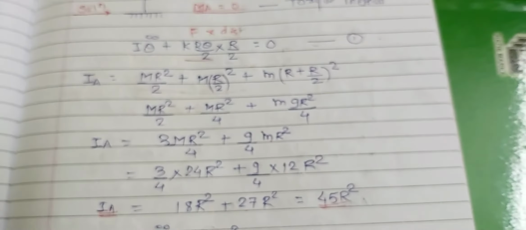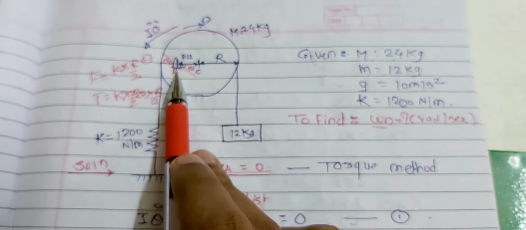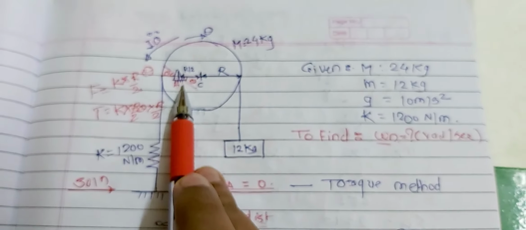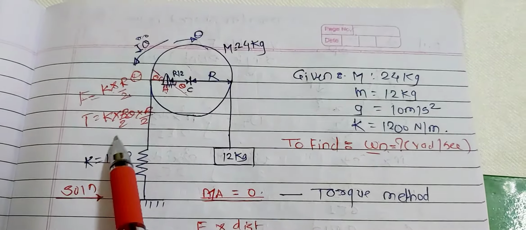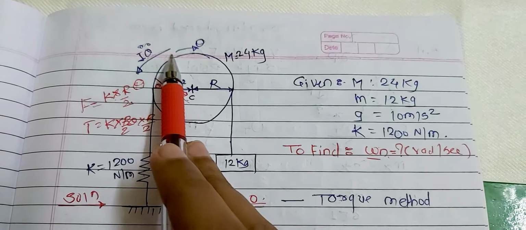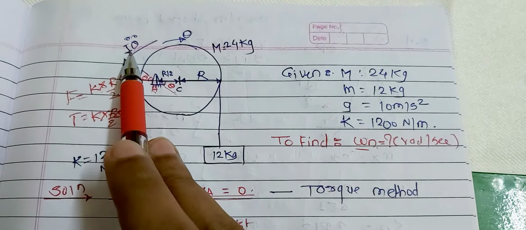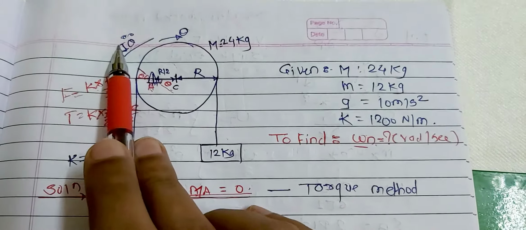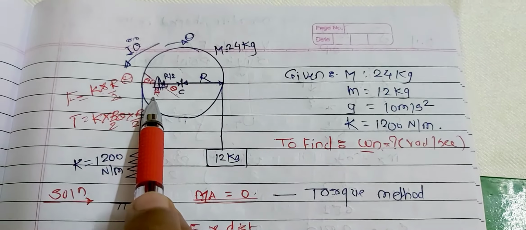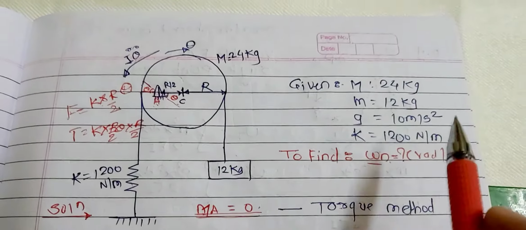What is important in this type of problem is that you have to pick one point, the hinge point. About that point you have to consider that all moments are equal to 0, and find out the forces acting over here, and consider the inertia. So you have to consider I theta double dot. After that you have to find the I about that particular point, and simplify the equation, and you will get your natural frequency.